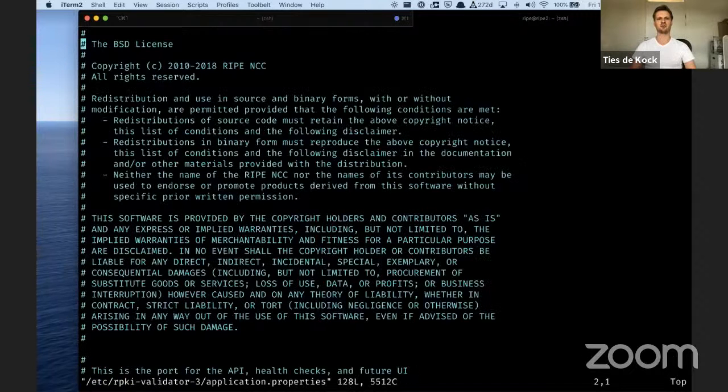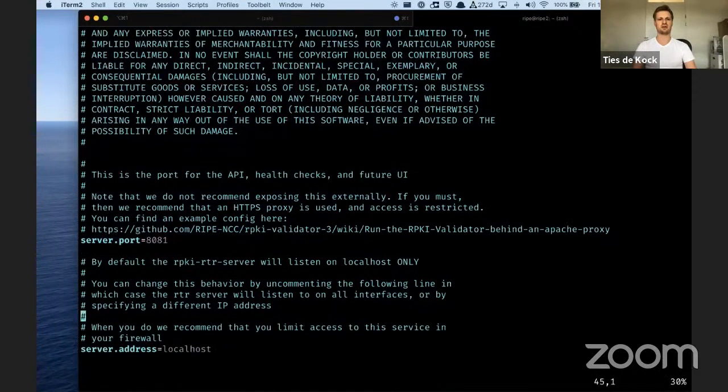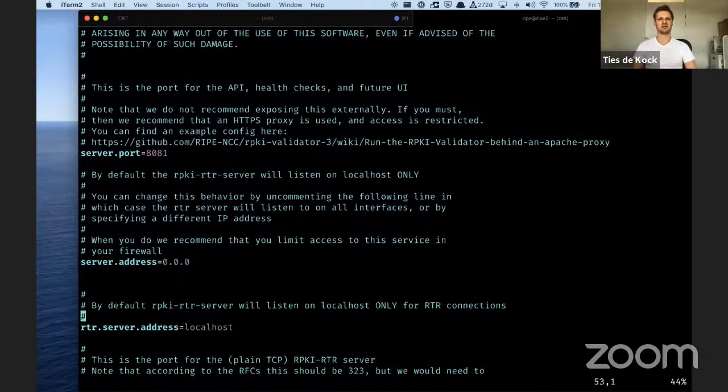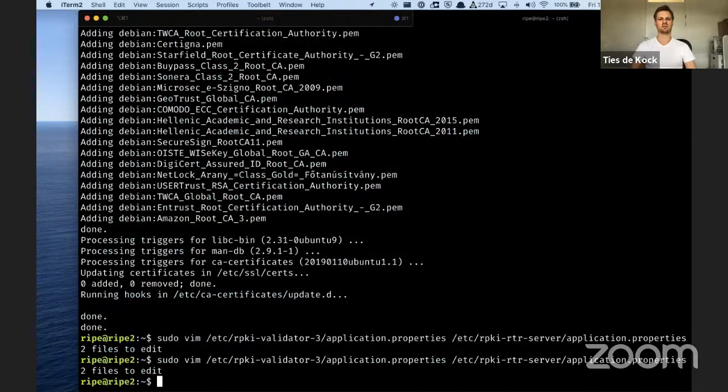So for that, I'm going to adjust the settings for the validator, and instead of listening on localhost, I'll make it listen on 0.0.0.0, and the settings for the RTR server, which needs to listen on 0.0.0.0 for its web interface, and also for the RTR port. Now I've adjusted this configuration, so I can start